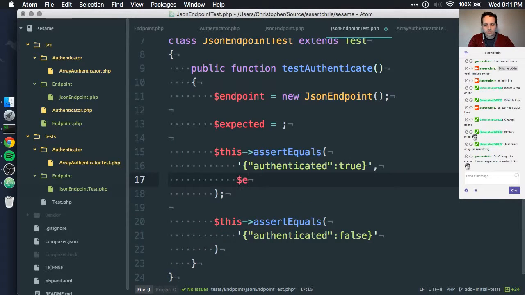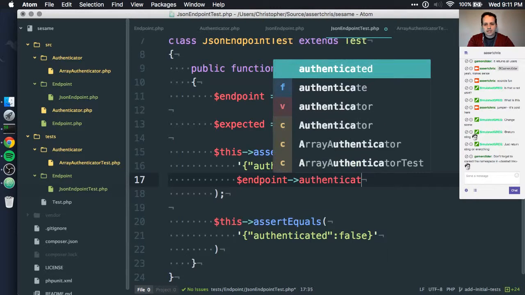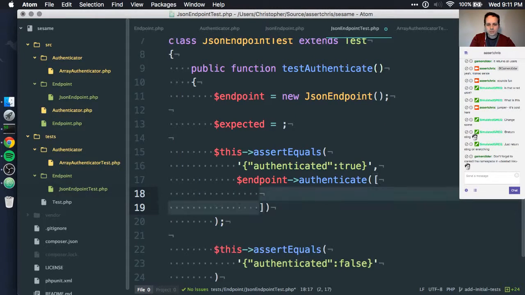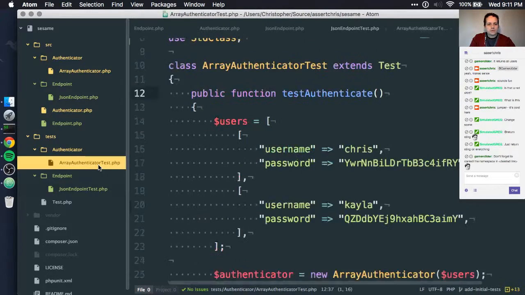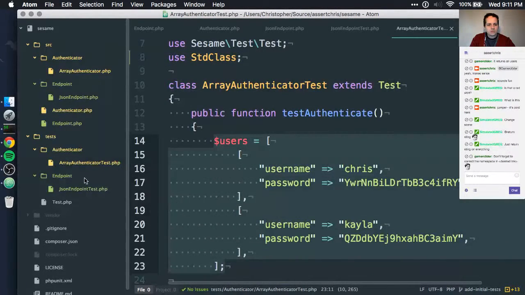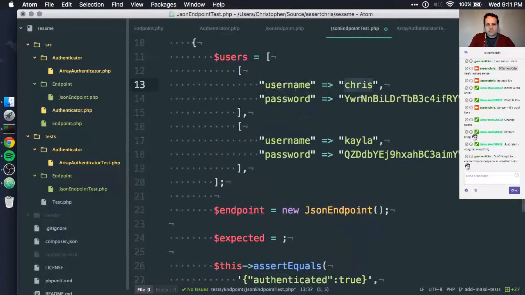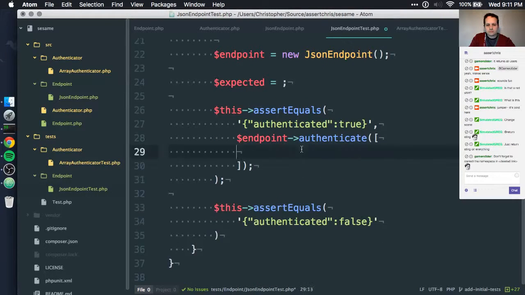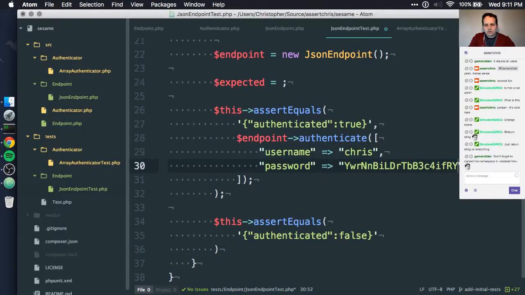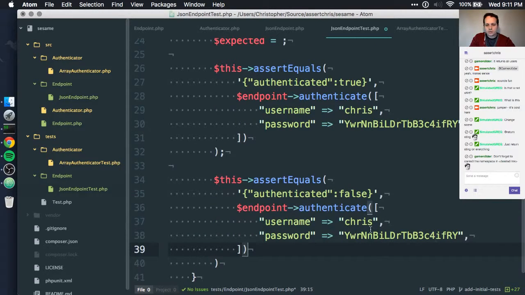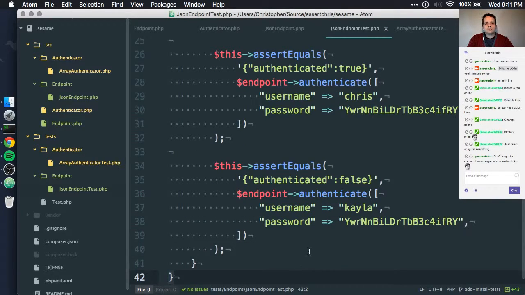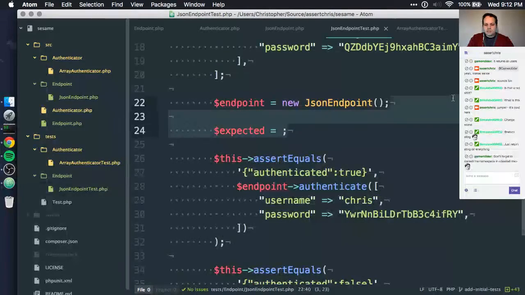Now, how do we get those? Well, we say endpoint authenticate, and we'll give some credentials here. So let's borrow the credentials that we have previously here. Users, I don't know if I'm going to keep this here for very long, but I'll say something like username and password. And remember, we'll copy those. In fact, we'll copy this whole thing here for the second authentication request, but we'll just change the name. So we know this won't match, right?